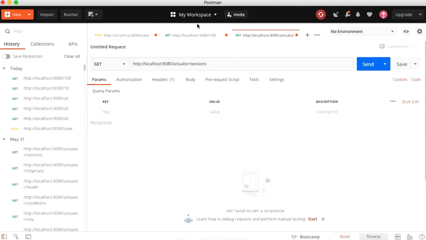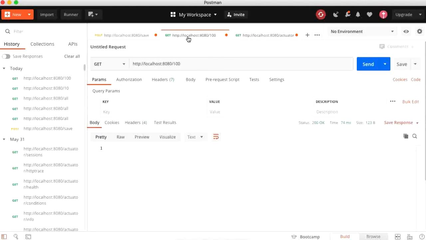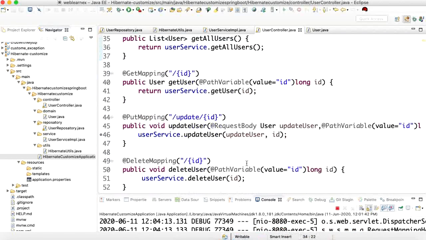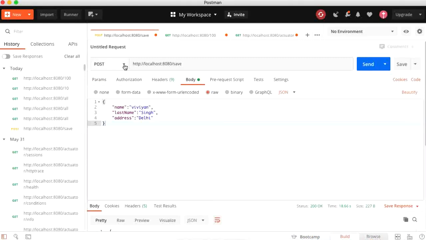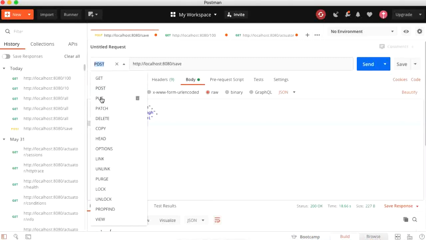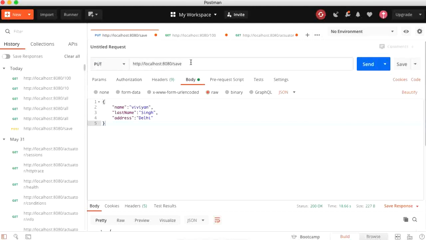Next query is update. So it's a put mapping with the ID. So let me fire here. I'm going to make this update query a put, and here I need to pass my endpoint.